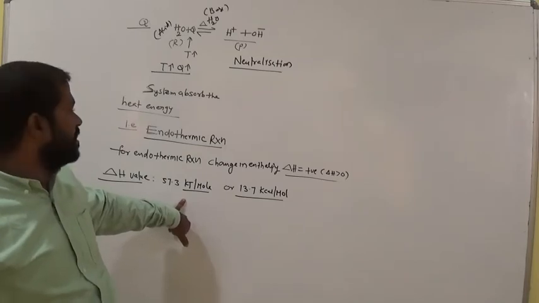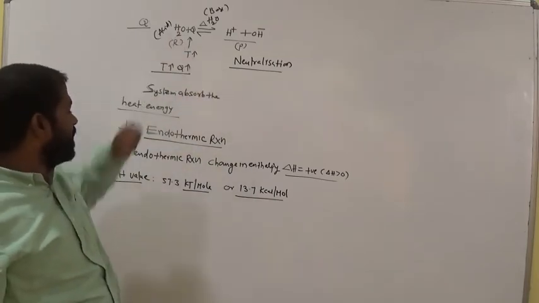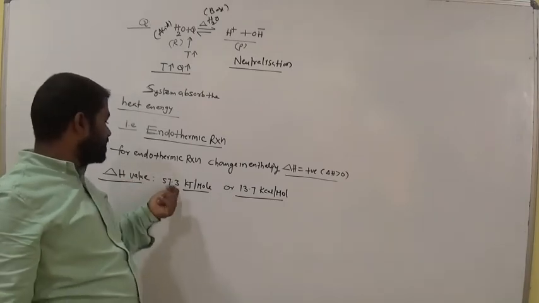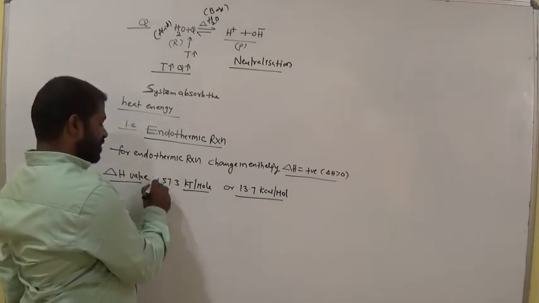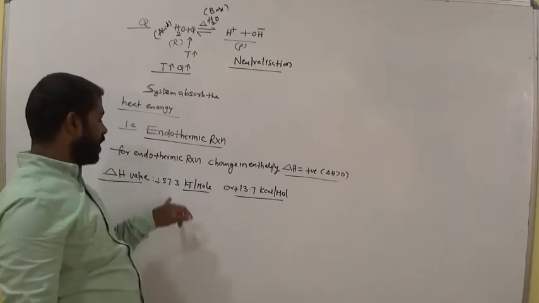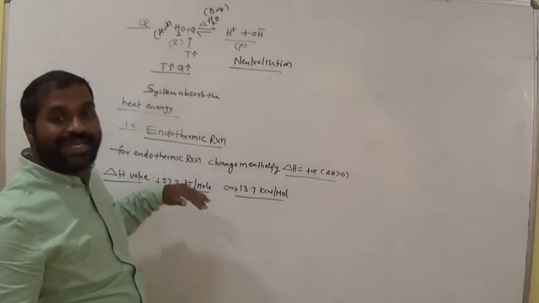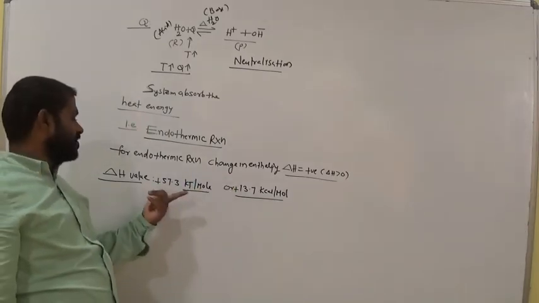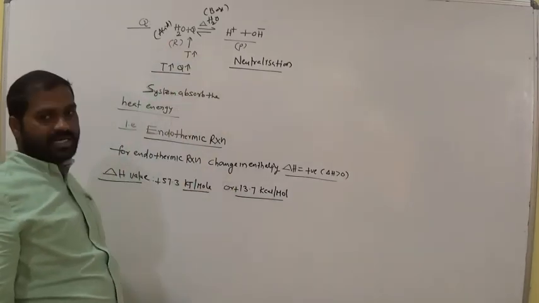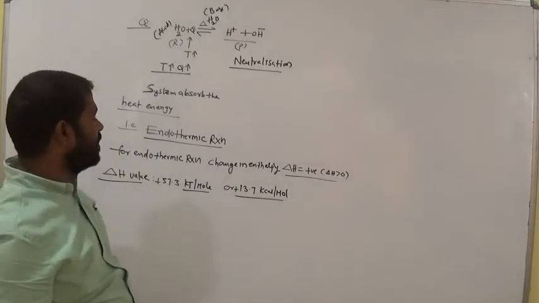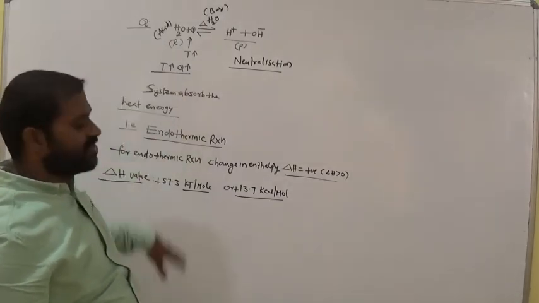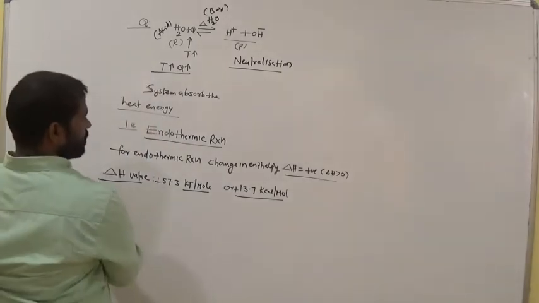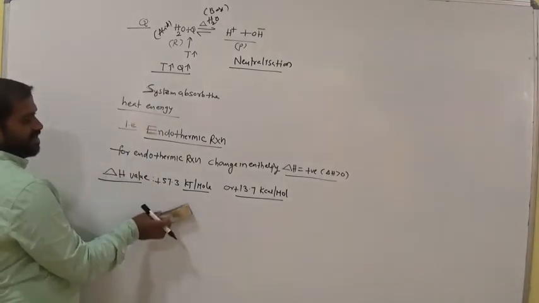Heat of neutralization. For the neutralization of water, what energy did we offer here? For delta H the value is 57.3, it is plus, remember this, okay? Heat of neutralization, that is the change in enthalpy, is 57.3 in case of water. Remember this. So it's clearly an endothermic reaction. Is it okay, ma'am? All of you? Remember this value.